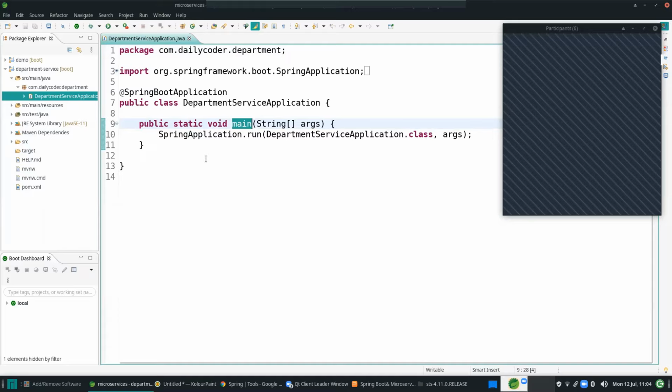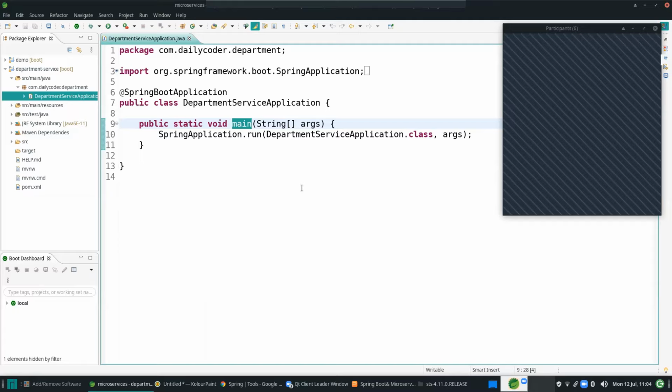If you start the Spring Boot application, it will start running from this main method. Internally, it will pick up all the configurations and dependencies we have, and create the things for us.